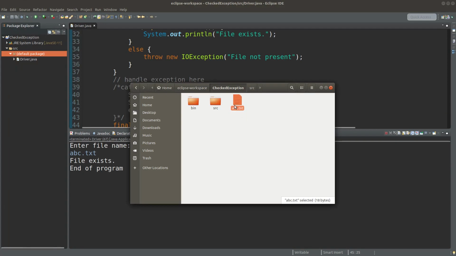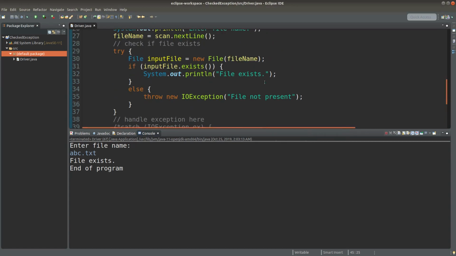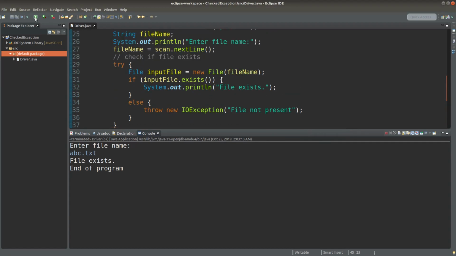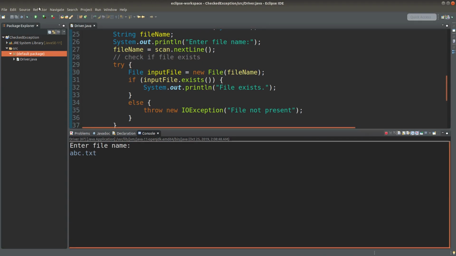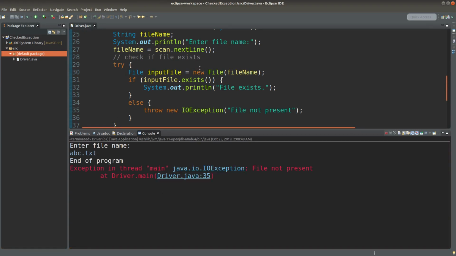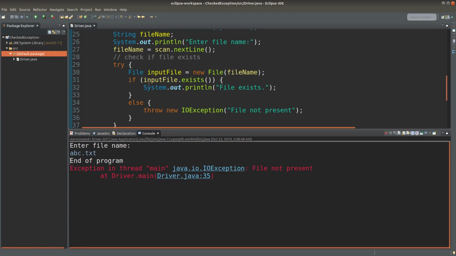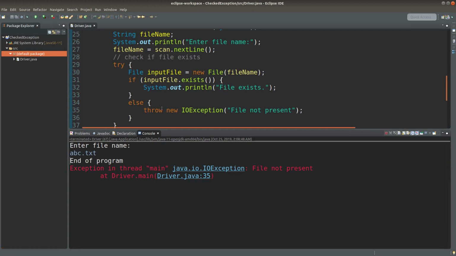So let me delete it. Okay. And let me run it. Okay, the file name is abc.txt. And let me try to press enter. Okay, when the file is not really present in my project folder, I will really throw an IOException object with this message, and the